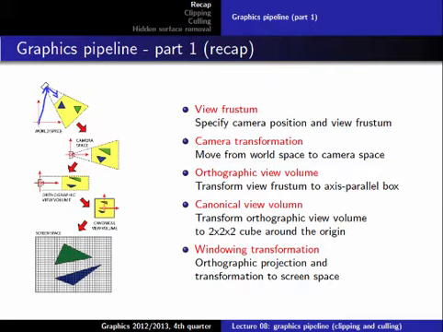And then we said it's much easier to do the projection if we have an orthographic projection instead of a perspective projection. So we did this little trick to extend our matrix framework in a way that allowed us to do this transformation so that the relative sizes of the objects are preserved. So we can do an orthographic projection, which is very simple. And then we did another modification from the orthographic view volume to the so-called canonical view volume to keep the values between -1 and 1. And then the last step was just a simple